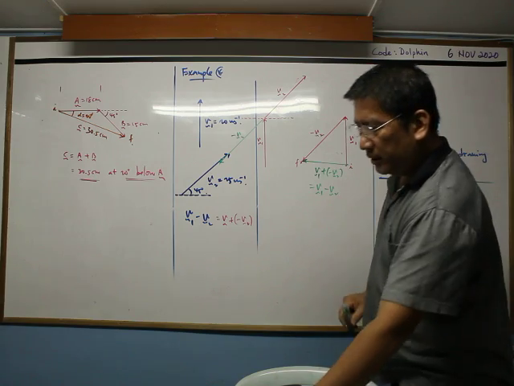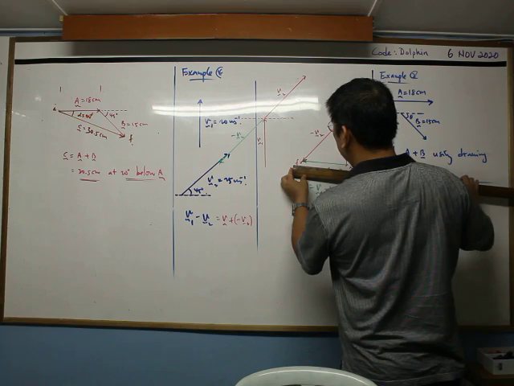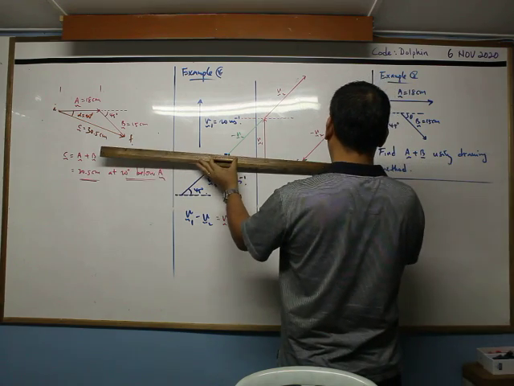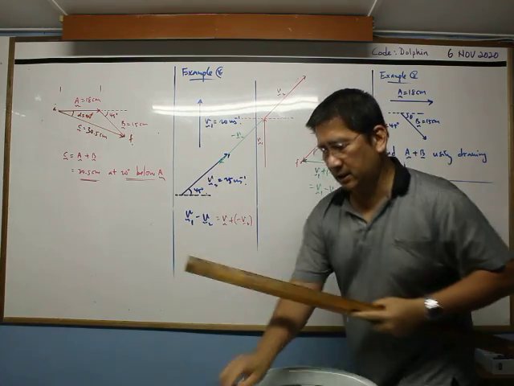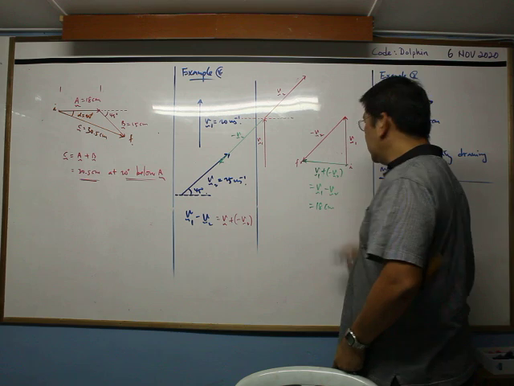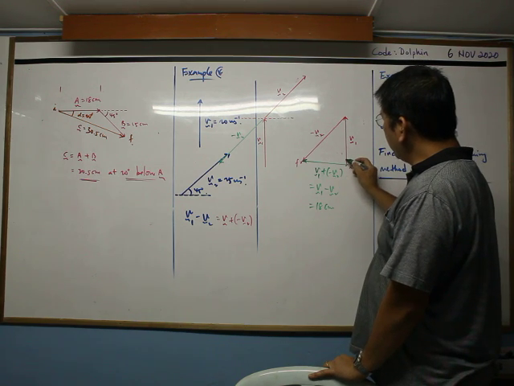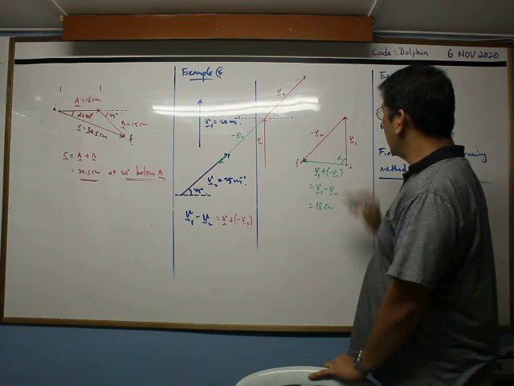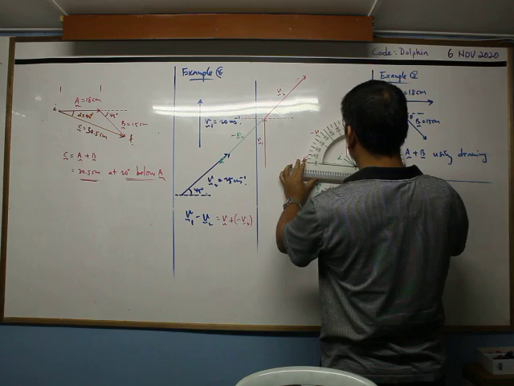So at the moment we need to do two things. Number one is to measure, to measure how long this vector is. So this vector is roughly 18 centimeter. And then another thing is the direction. You want the direction to be measured from here. So we call this one alpha. So our direction from there is,